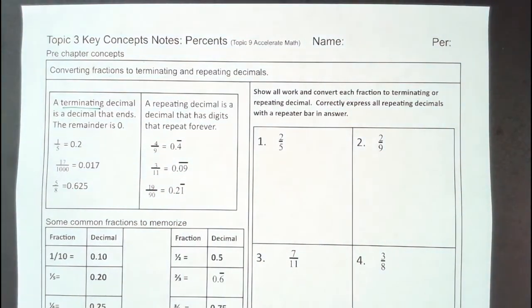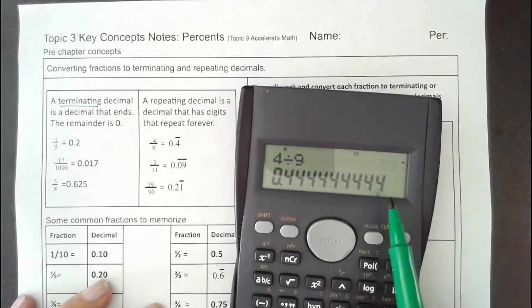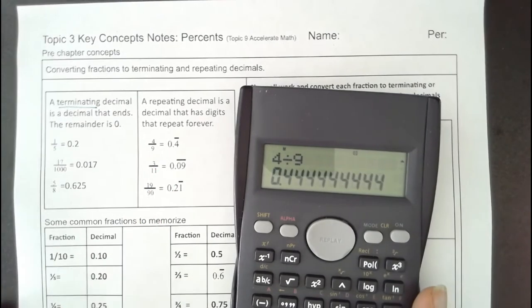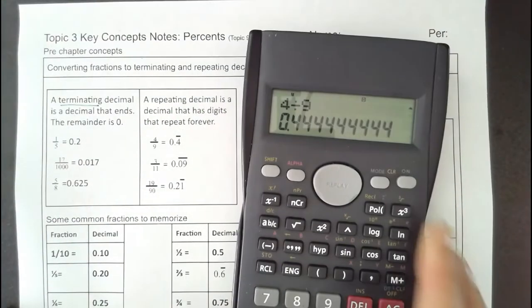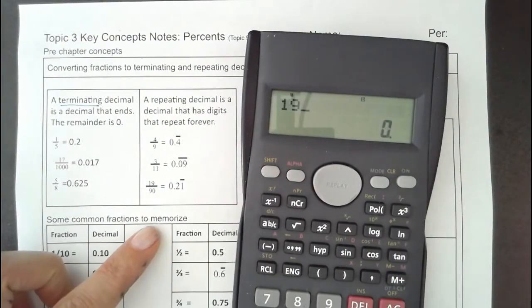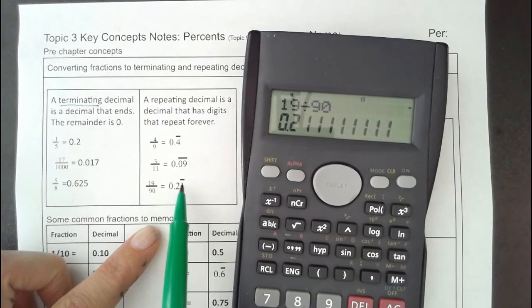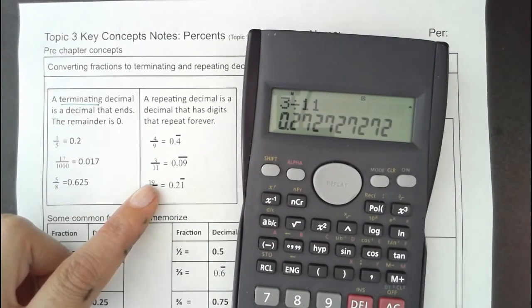If we look on a calculator, it may look like they end when I do 4 divided by 9. It looks like it ends right here, but that's just the computer running out of space. And so the little repeater bar represents that it goes on forever and ever. The bar goes over the digit that actually repeats, or the digits. So 19 divided by 90, it's just the one that's repeating, so the bar only goes over the one, whereas 3 divided by 11, it's